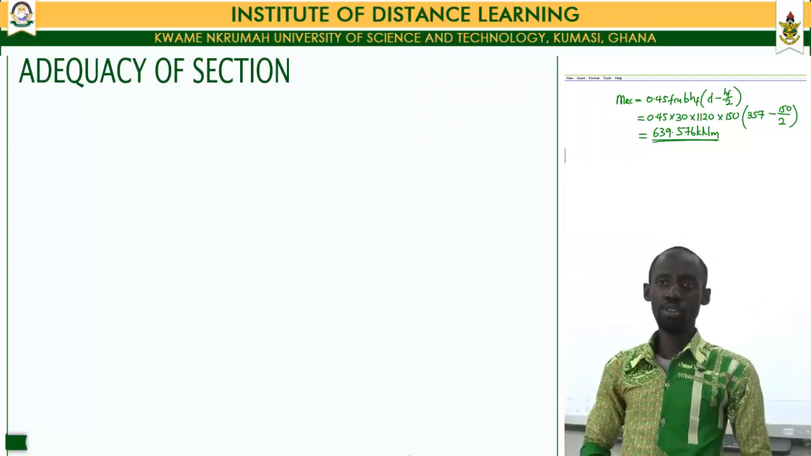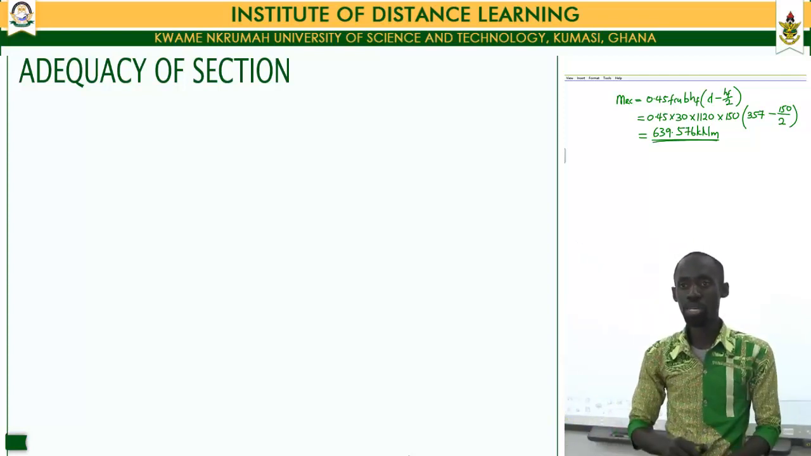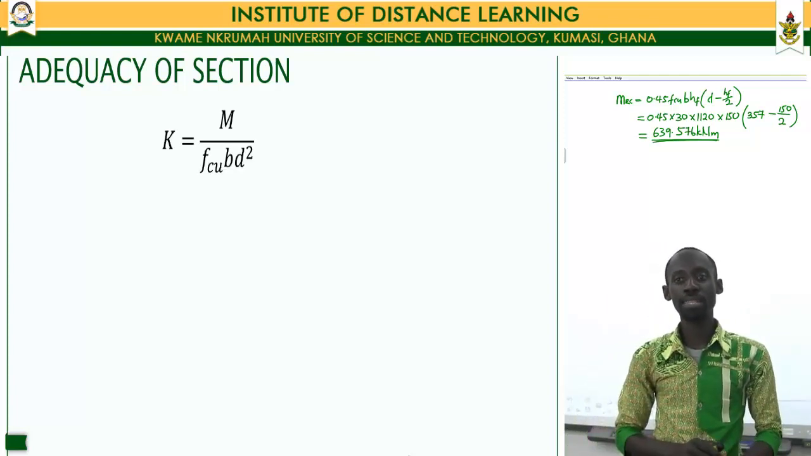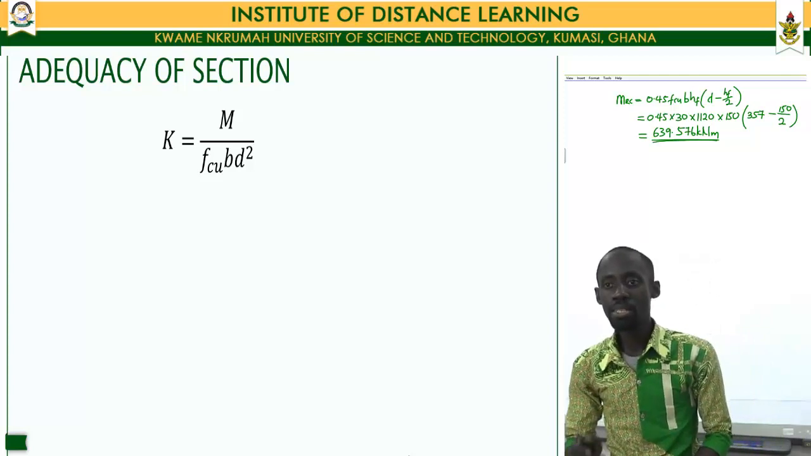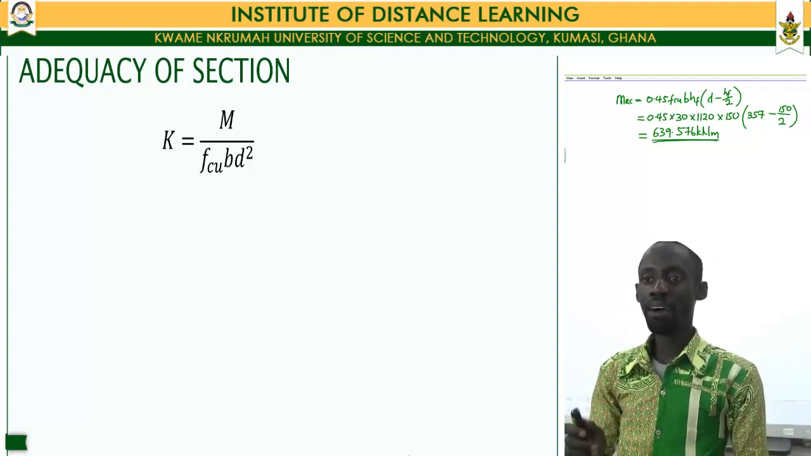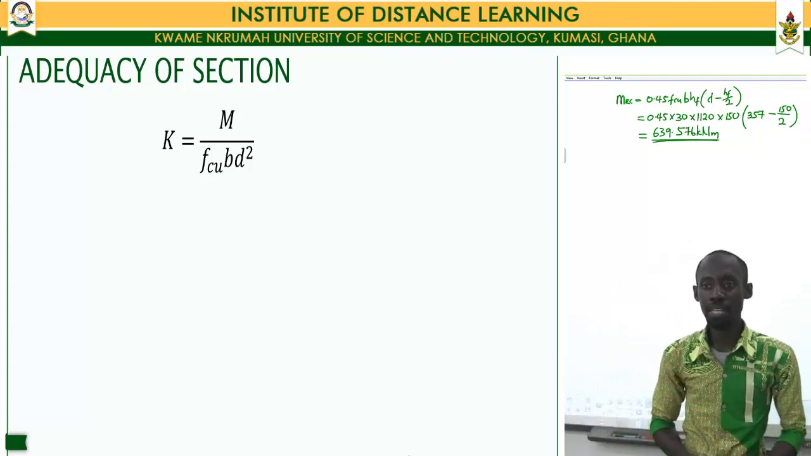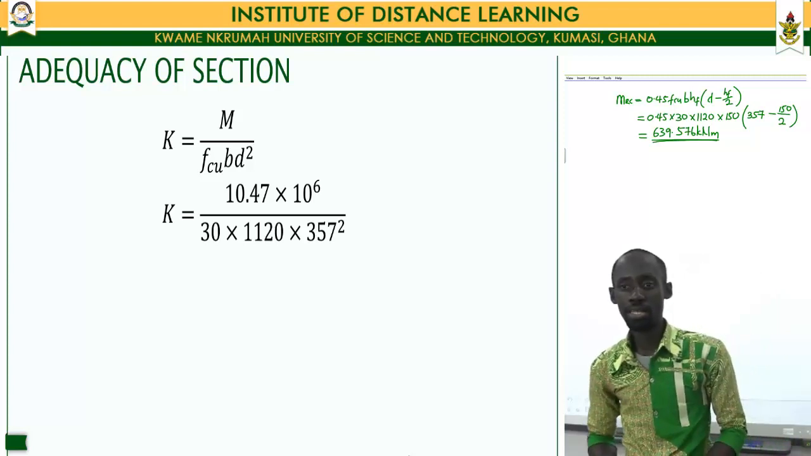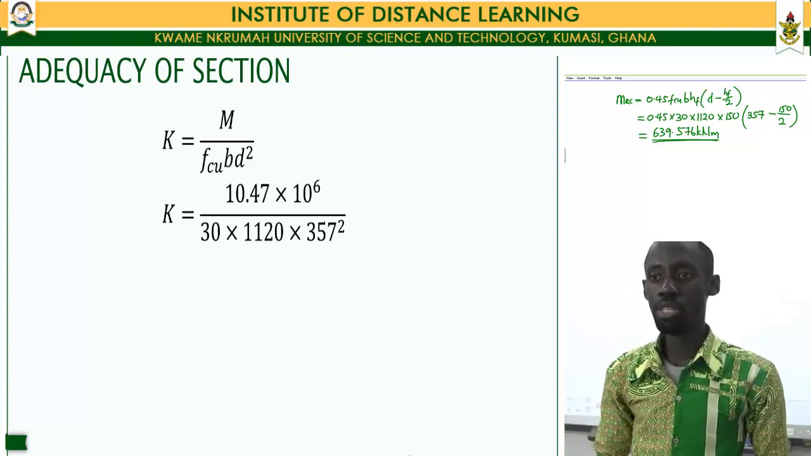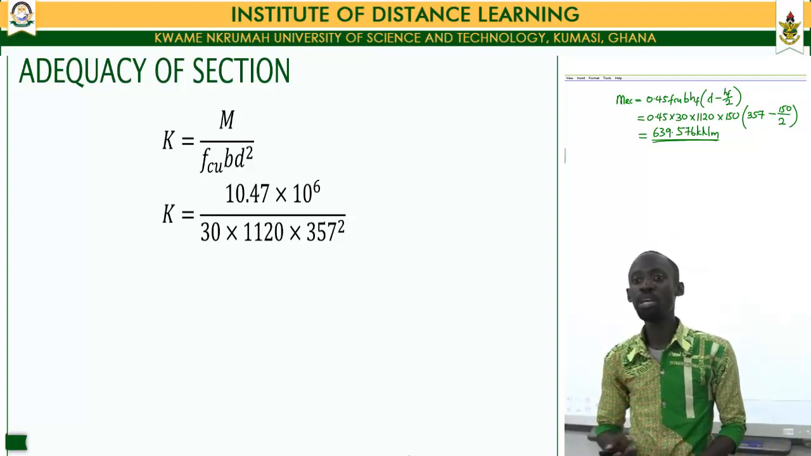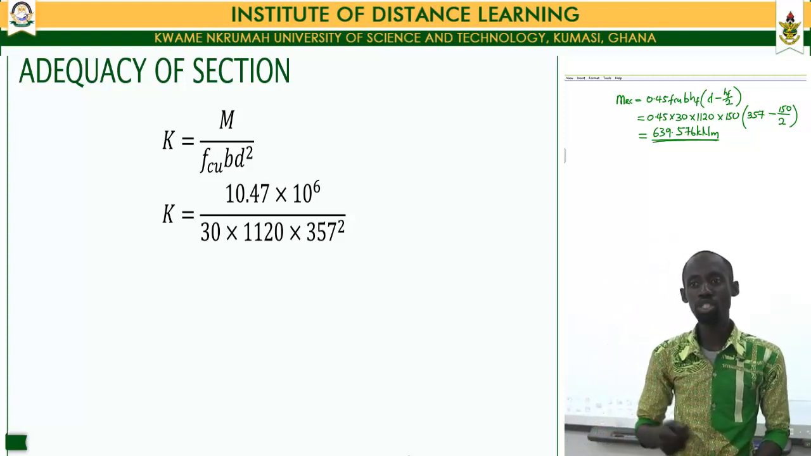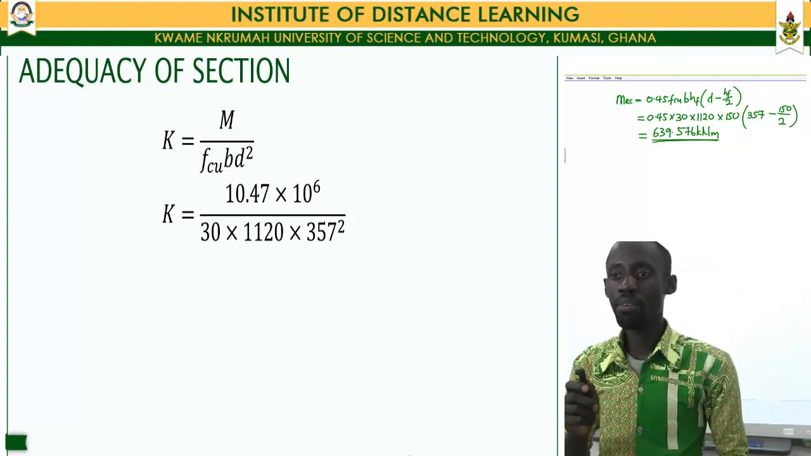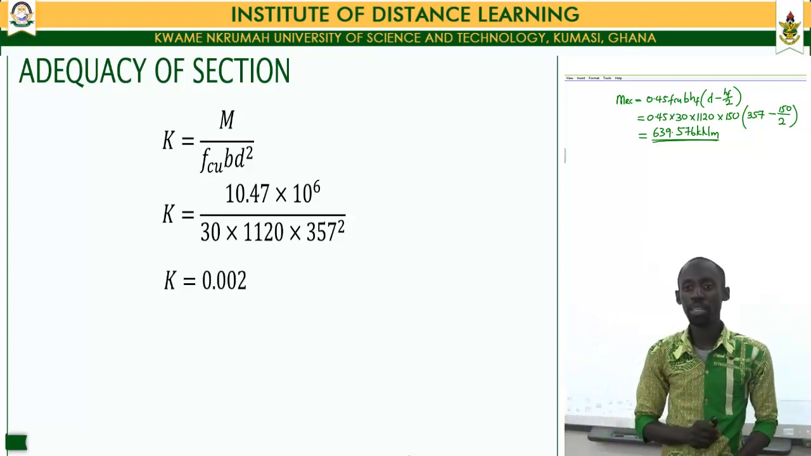So all the provisions that we made use of in our slab design can be applied to this section as well. For our adequacy of section, our K value is equal to our moment divided by our grade of concrete multiplied by our flange width and the square of our effective depth. Substituting the values gives 10.47 multiplied by 10 to the power 6, because we are converting our moment from kilonewton meter to newton millimeter, divided by 30 multiplied by 1120 multiplied by 357 squared. This gives us a value of